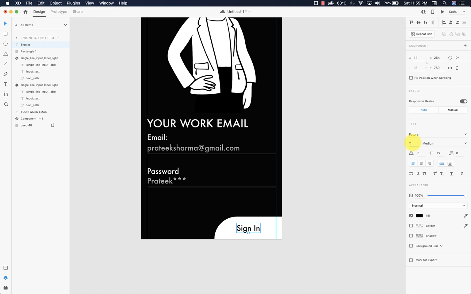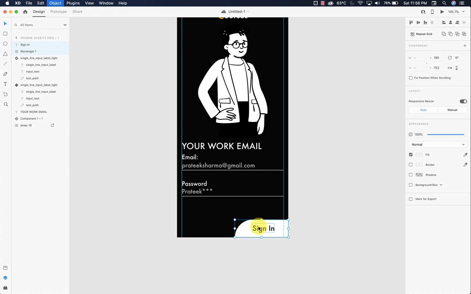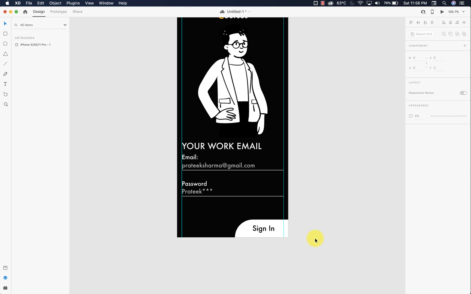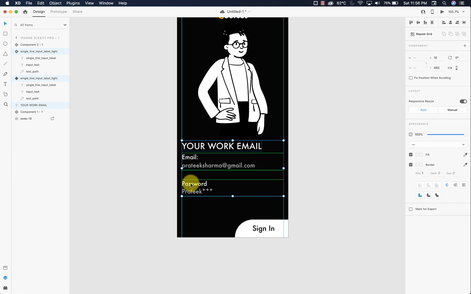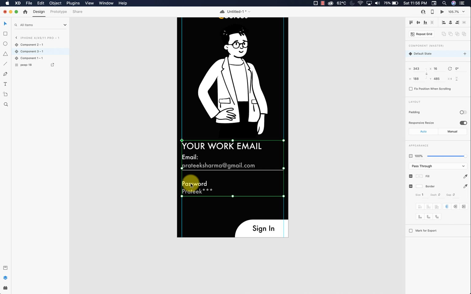You can make this text as 24, which looks nice. Now just make this as component, right, so that it again becomes a different widget of your screen. Okay, and combining this and this, which is a form, you can make another widget which is your master component. So now you can take this and drag anywhere. Okay,